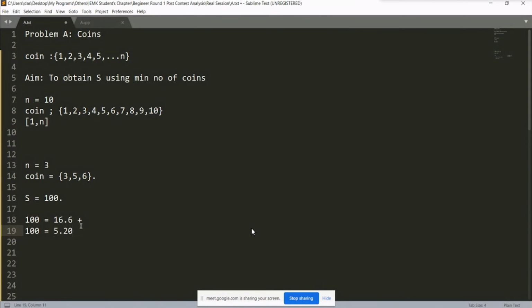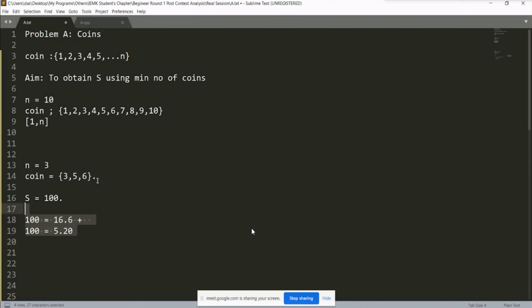So that way, it's a brute force approach. You would have to try out all the coins one by one. Here in my case, I'm choosing the largest coin every time because I have all these numbers available, so this greedy approach works. But in your case, it's not always possible that if I choose the largest number all the time, the remainder which is left will be satisfied by the remaining coins. If it is satisfied, then well and good. But if it is not satisfied, then we have to try out with the other coins.